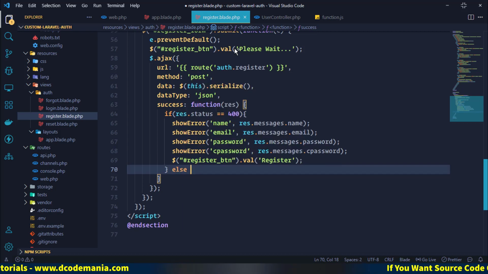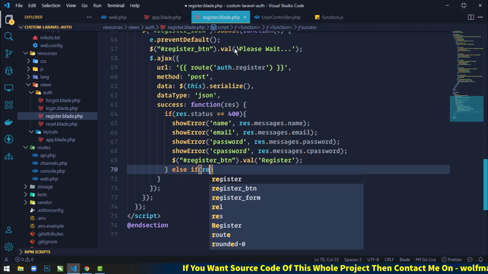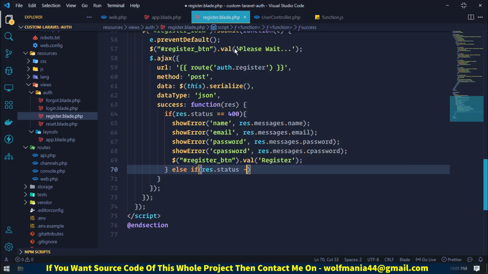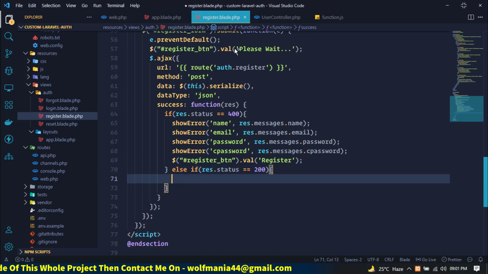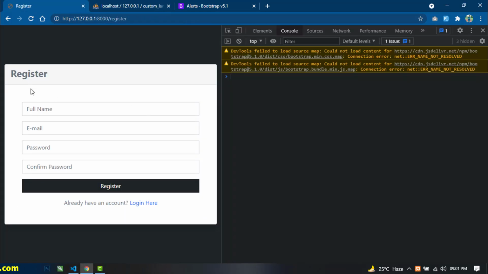And in else part, actually here we will use else if. Here we will check response.status is equal to 200. It means everything is fine. Then first we will display the success message here at the top.